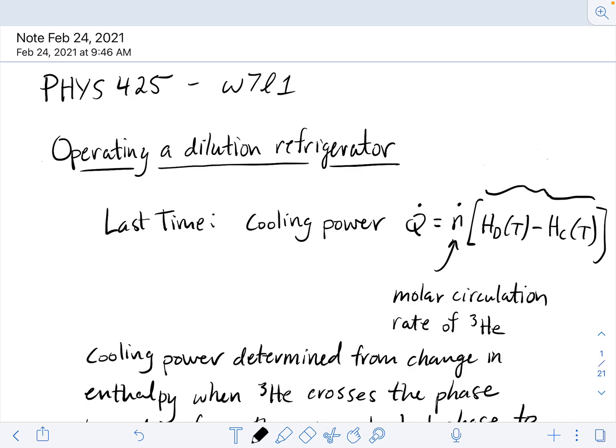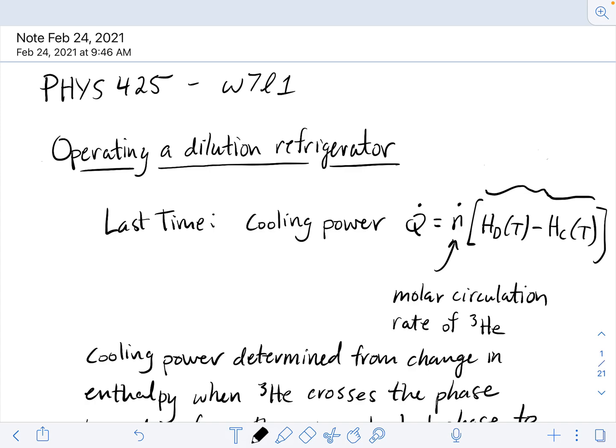So last time we talked about the cooling power that we would get out of a dilution refrigerator, and remember, what we imagined is that we have a mixture of helium-3 and helium-4, and we cool it enough that this phase separation occurs. So we have a dilute phase of a small concentration of helium-3 atoms in helium-4, and that's on the bottom. And then on top of that, we have a concentrated phase, which is almost pure helium-3. And we imagine this as kind of